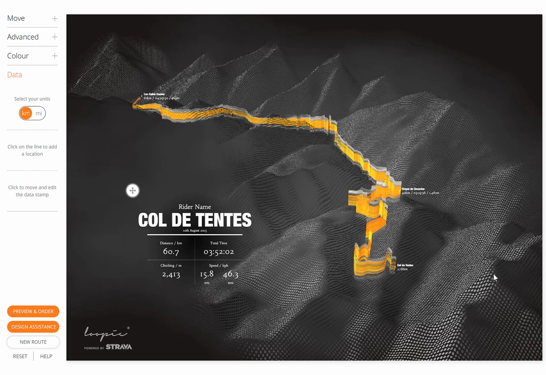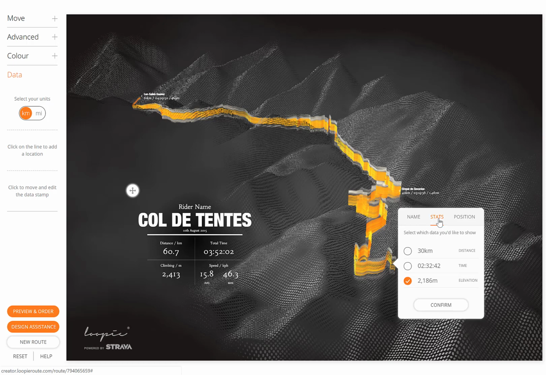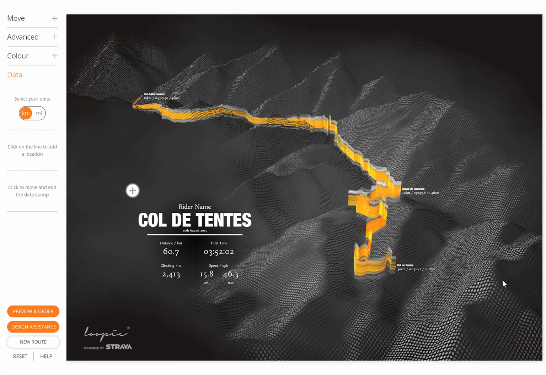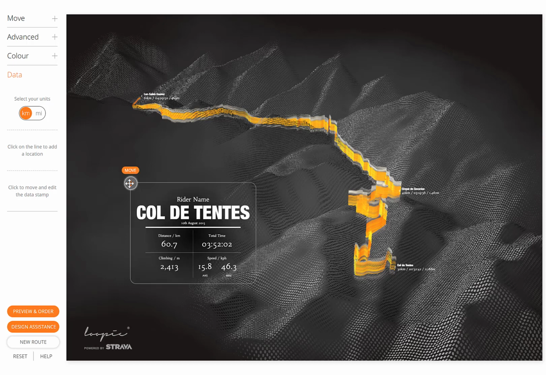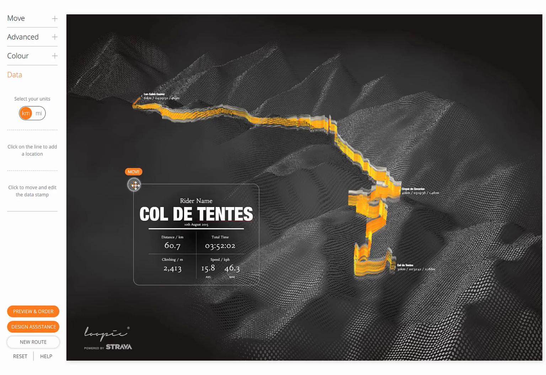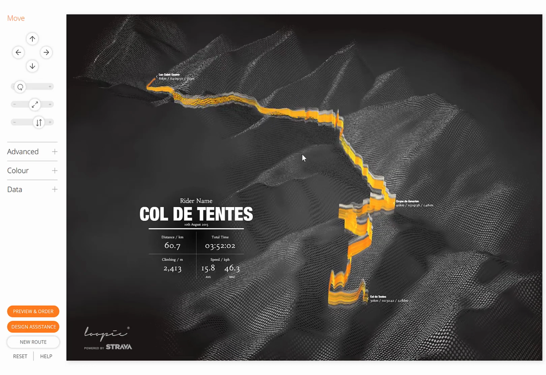If I want to go back in and add the other stats, if you roll over the label again and click the edit button, I can go back to the stats tab and then reselect the time and the distance. So here is the finished loopy really. I've got all the bits, I've angled it, I found the best position for the loopy. You can go in here and you can edit all of the data in this. You can change the rider name, you can edit the title of the ride, but I'm pretty happy with that. I'm going to go back to the Move tab now and just make some final adjustments to